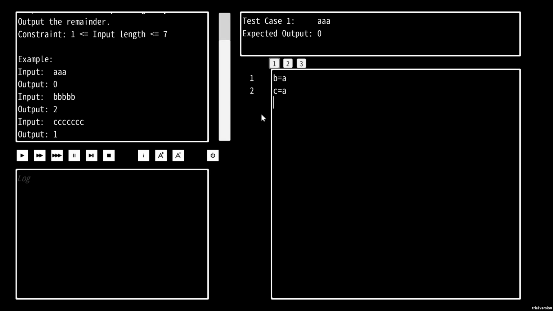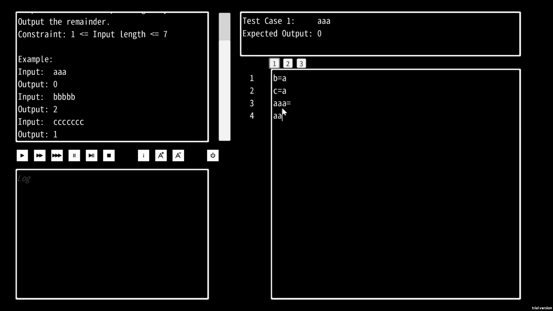Yeah, there are no for loops or anything. What we want to do is, if we have 3 A's, that will just equal blank. And that will keep looping. And then we'll end up with the remainder, which is either 1 or 2 A's left, because then this wouldn't trigger, or 0 if the string is empty. And we need to change the entirety of the output string to be 0, 1, or 2 based on those